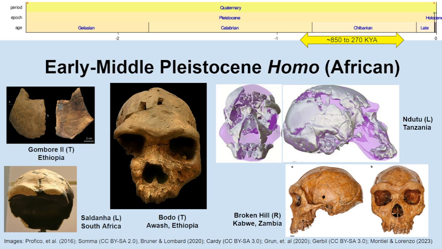Now, it's tempting to look at these fossils and consider them as a distinct lineage of robust, large-browed humans that had lived throughout Africa and seemingly coexisted with the earliest Homo sapiens ancestors. And indeed, some researchers have proposed that, even going as far as to give them a distinct name, like Homo rhodesiensis, or more recently, Homo bodoensis. Perhaps, alternatively, there are multiple populations represented here. Likewise, others have argued that there is a unity in these specimens with those of Western Europe, as we'll see